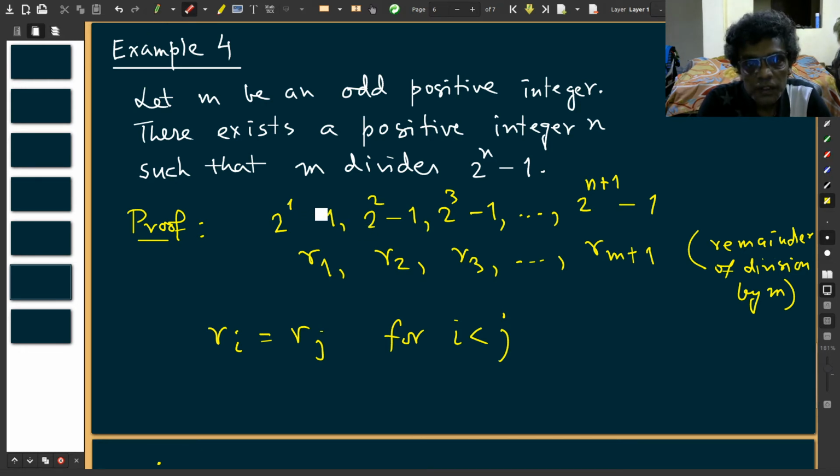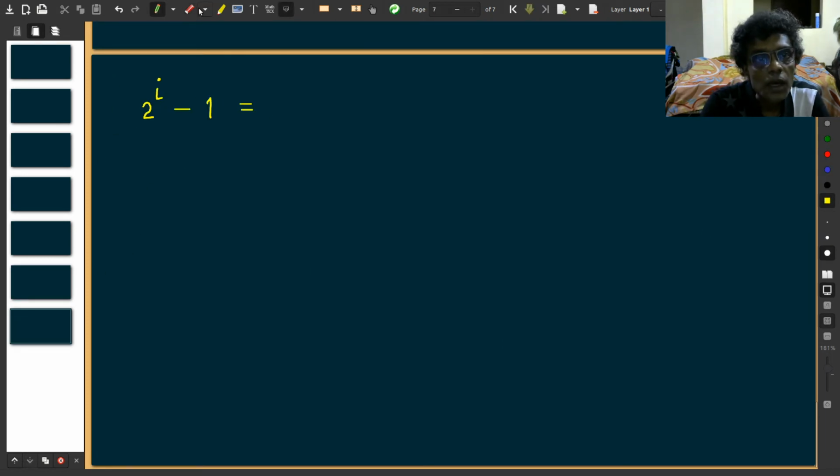Just consider these numbers: 2 power 1, 2 power 2, 2 power 3. Although if you work with this minus 1, there is no problem. The proof is exactly the same. Let us take 2 power 1, 2 power 2, 2 power 3. Simpler things. So, here also I remove this minus 1